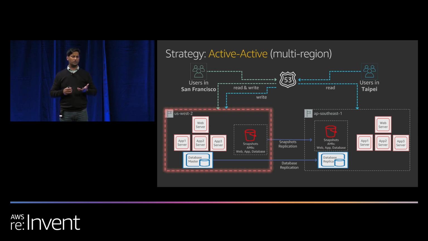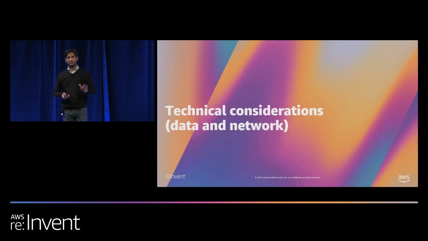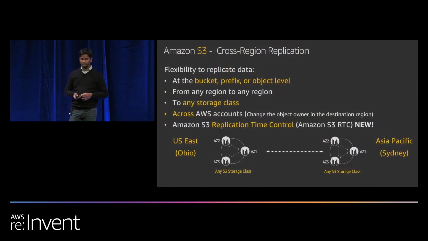sharding. So with data sharding, what you could do is the sharded data set, shard 1, only users in San Francisco can write to the data sharded set in one region. And data shard 2 is available in APAC, and the APAC users will write to that. So that's another one. So there are multiple strategies to actually do read locally and write locally as well. But again, there are some nuances that you need to consider. Some technical considerations that I'd like to call out here.